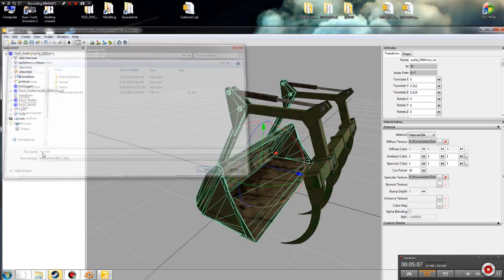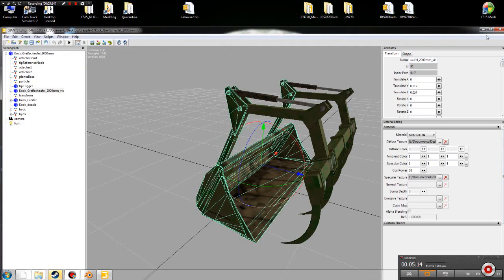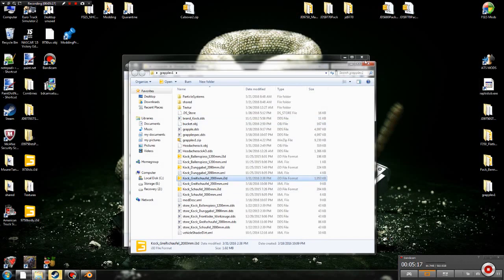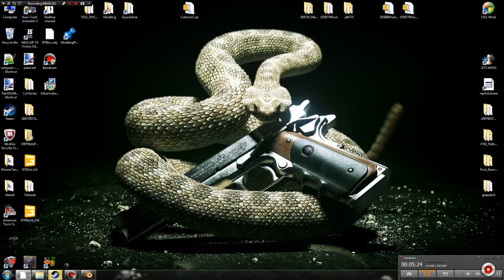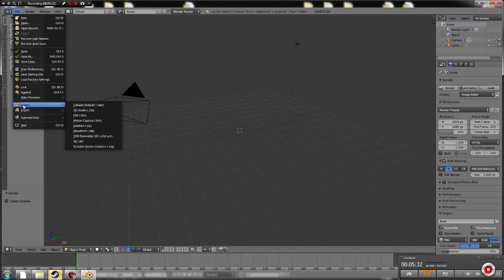Okay. So now Giants Editor has converted this to a wavefront object, and it should be sending it to that file. We'll close that out. And close that out. Now Blender is open. We will go back to Blender. Now we want to import. So we go File, Import, a wavefront object,